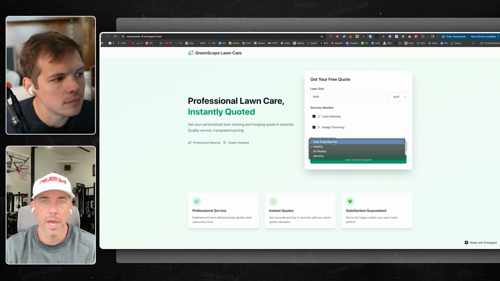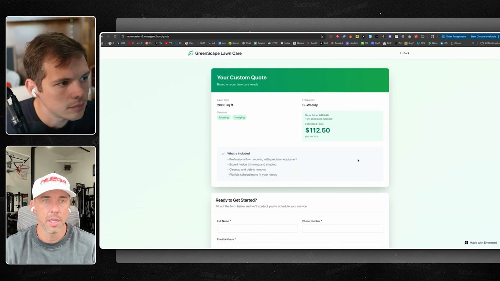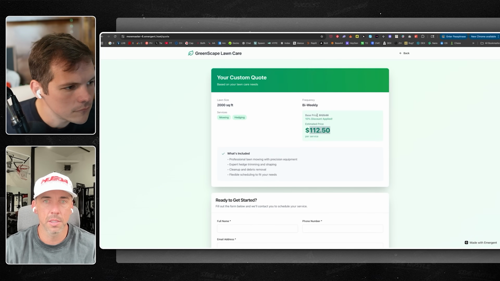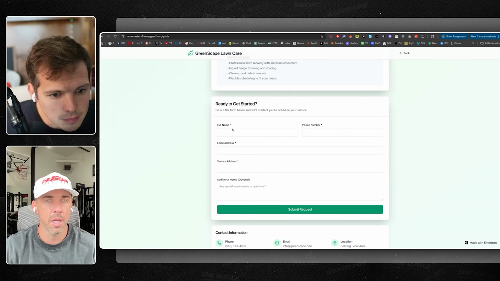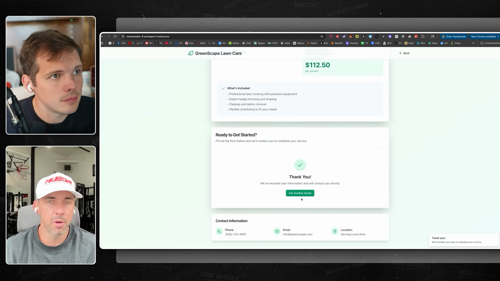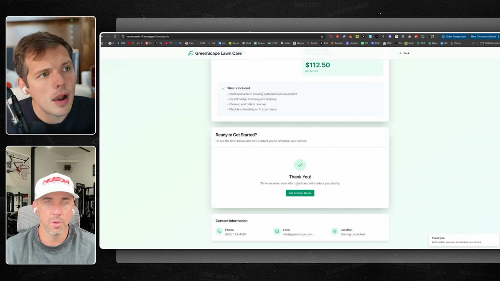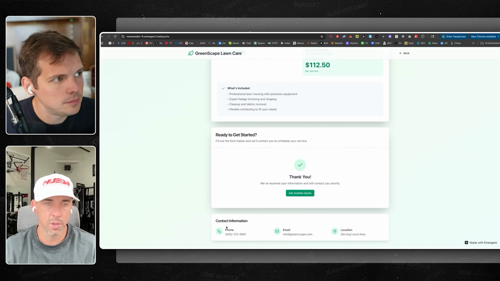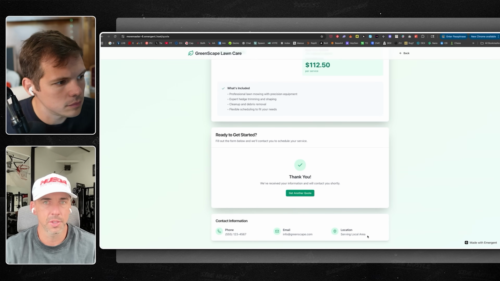Lawn mowing, hedging, biweekly, instant quote, boom: 2,000 square feet, $112, discount applied. Awesome. What's included? Okay. So I just entered my info to receive the quote. It gives me the thank you page and that I'll be contacted shortly. Also, business info here, which obviously I could customize if this was real.